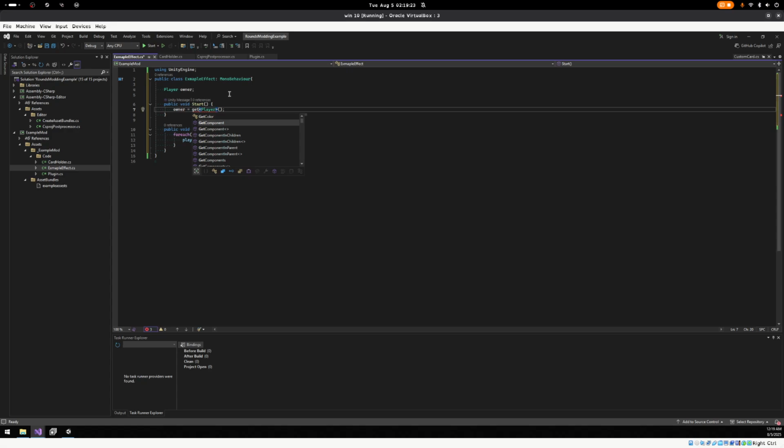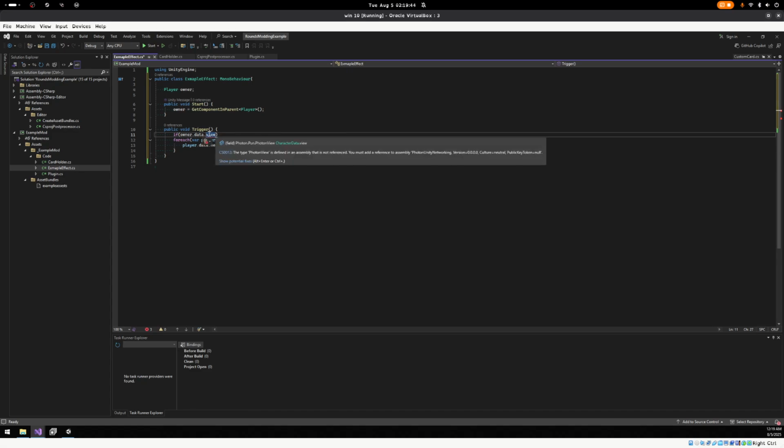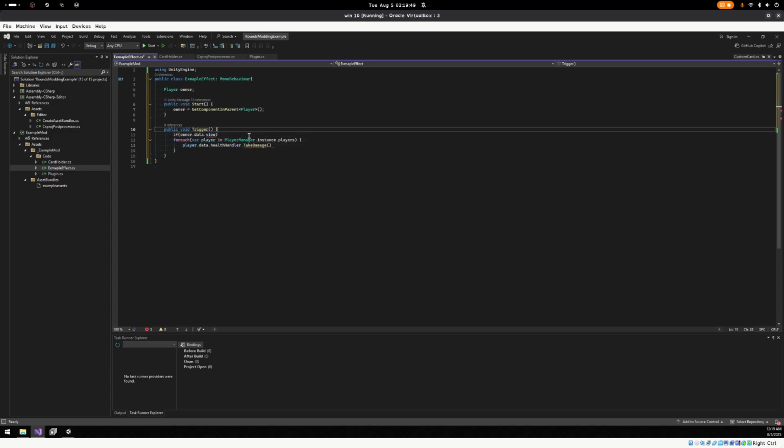Get component in parent. There we go. And so let's just grab the player that it's on and store it. So the first thing we want to do is go if owner.data.view.is... right. So we're going to want to make this networked just to make sure that it doesn't happen on multiple people's